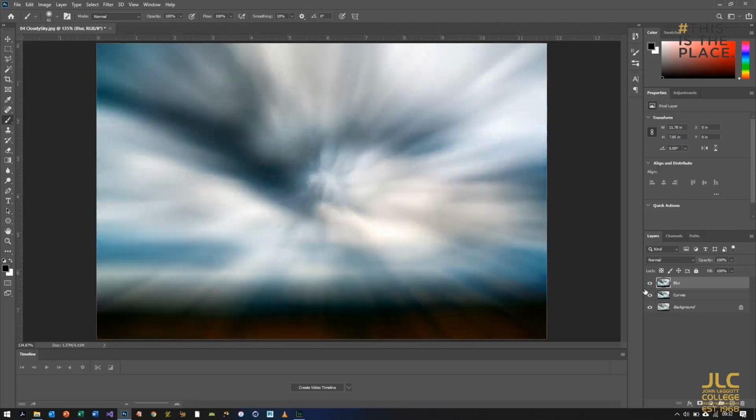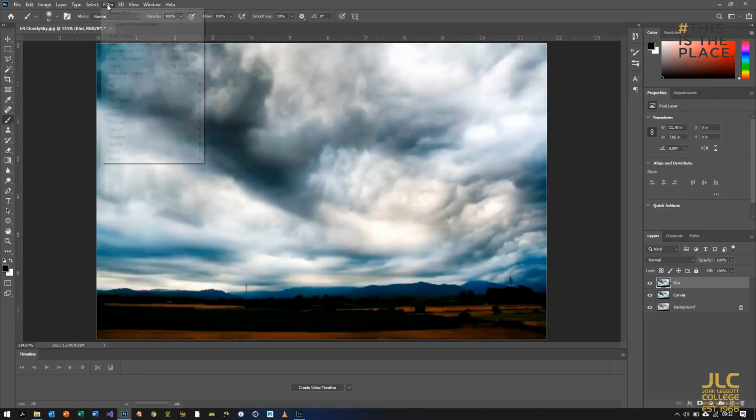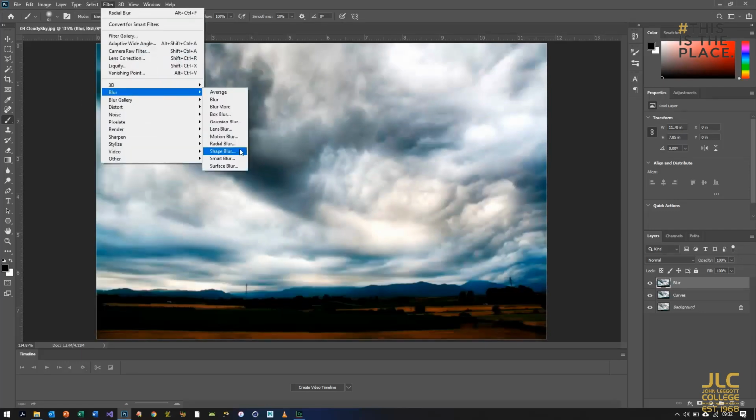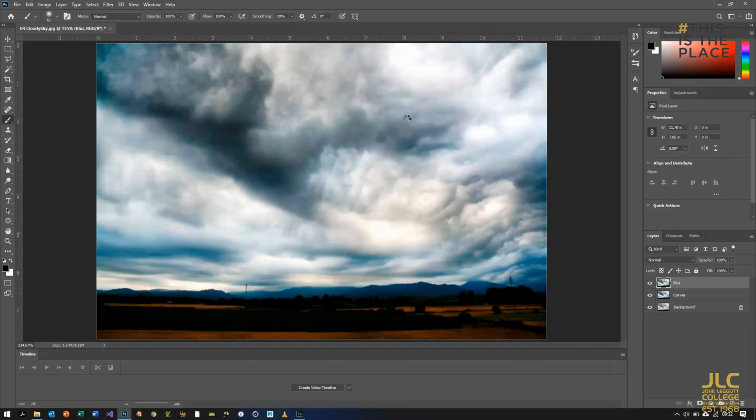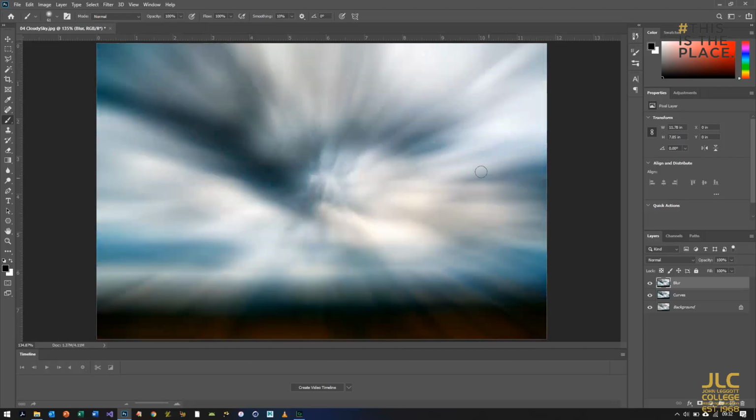Okay, so you can see already that it's created a blurred effect. I'm going to do it again. I'm going to pick best for the quality. Okay, just give it a little bit